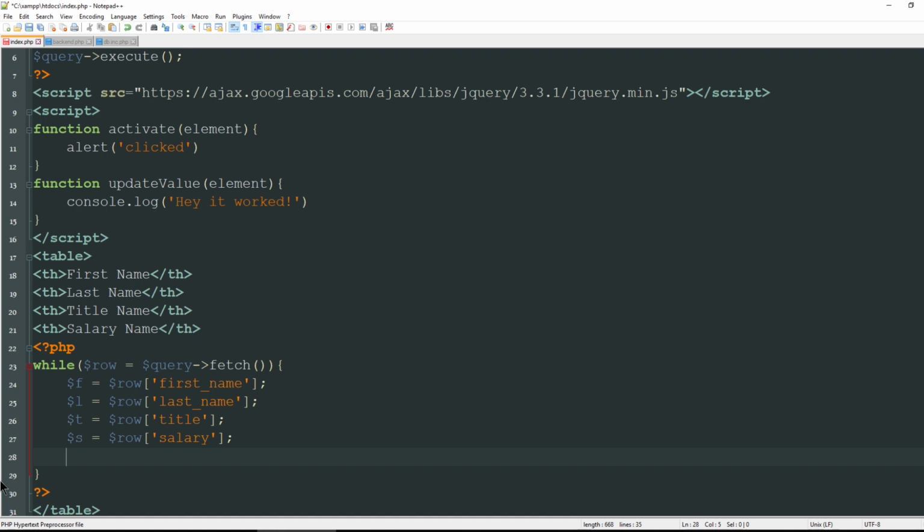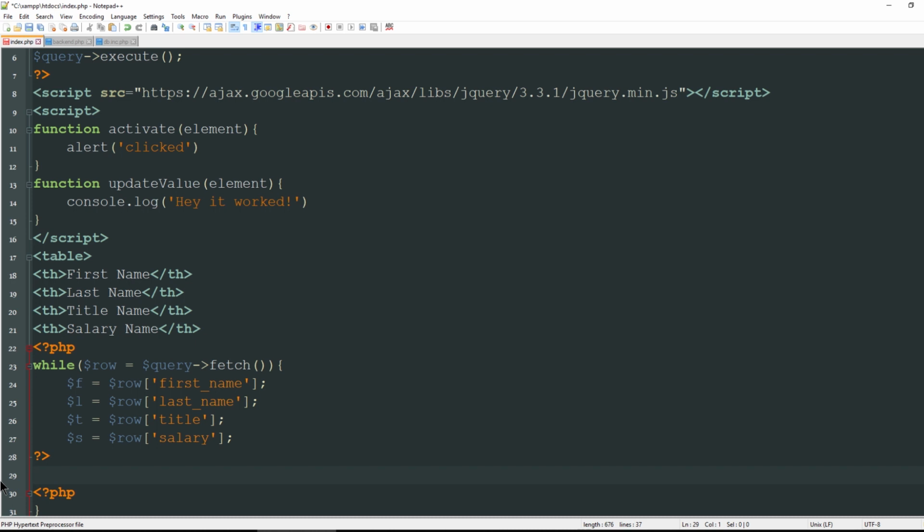And then I'm going to break out of PHP because it's going to be much cleaner if I do that. And the reason is when we start passing parameters to a JavaScript function inside of the element itself, you start having to put double quotes inside of single quotes and single quotes inside of double quotes, and by the time you're done escaping everything, it's just wicked confusing. So it's easier just to do it here,